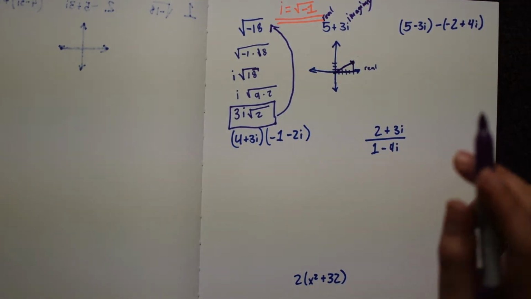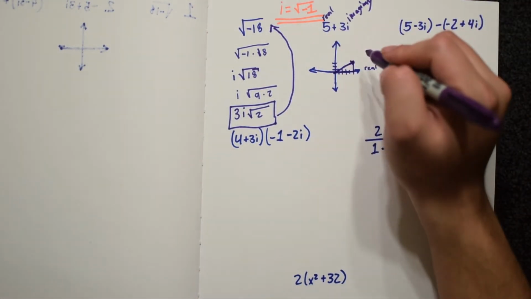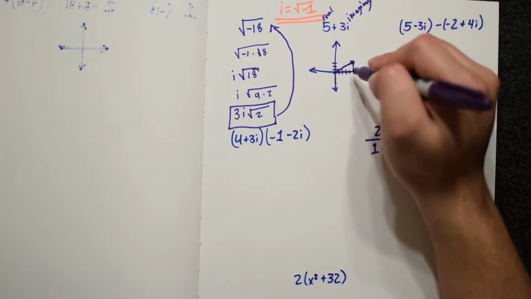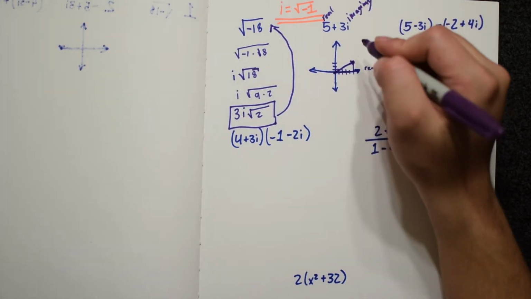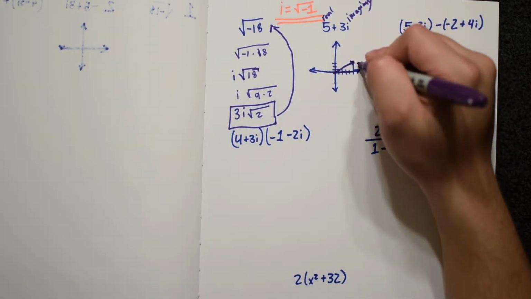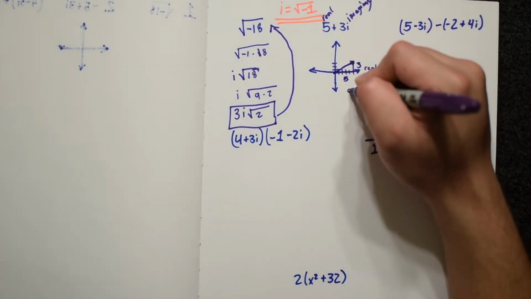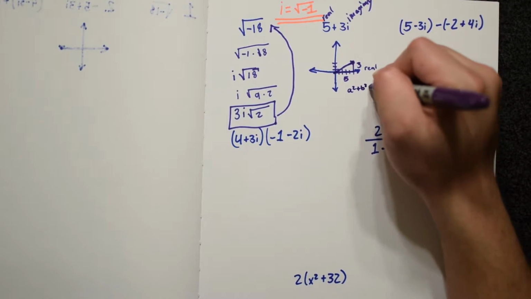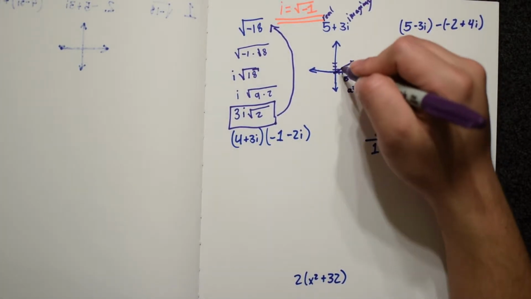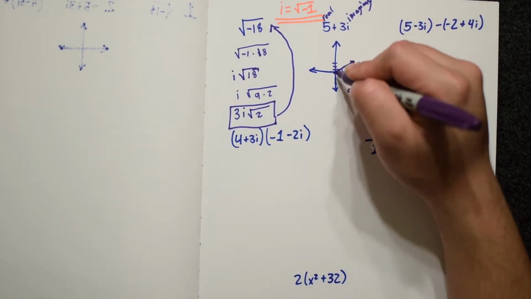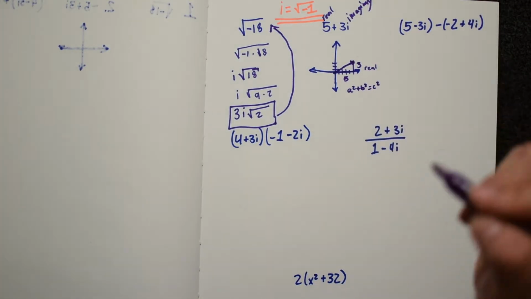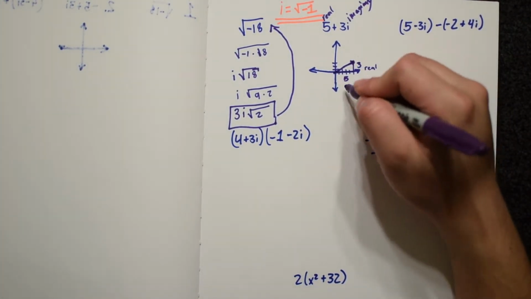Now, they might ask you for the absolute value of a complex number. If that's the case, then you go ahead and draw your triangle, and you think back to the Pythagorean theorem. This is 3, and this is 5. And it should be true that a squared plus b squared is equal to c squared. So if they ask you for the absolute value, they're asking you for the length of this line right here, which you can find out by using the Pythagorean theorem. You have